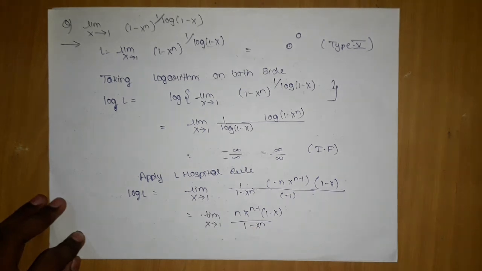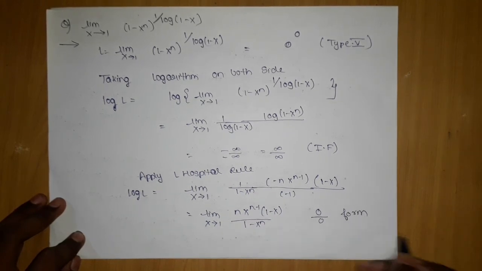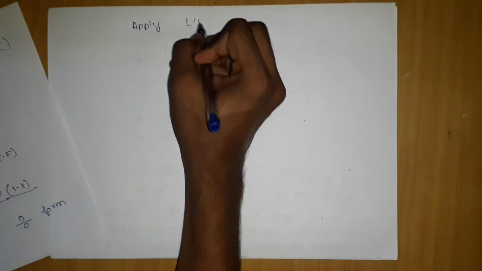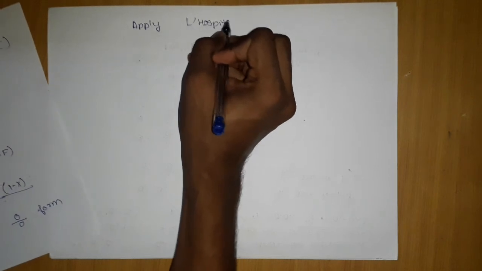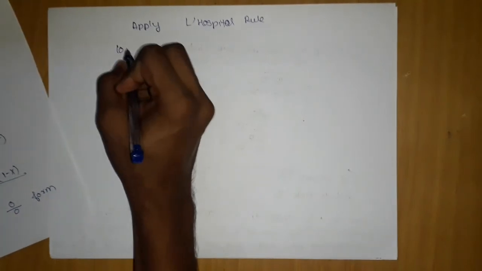If I put the values, this whole thing will become 0, and this is still 0 by 0 form. What we are going to do, apply L'Hopital's rule again. What we get,